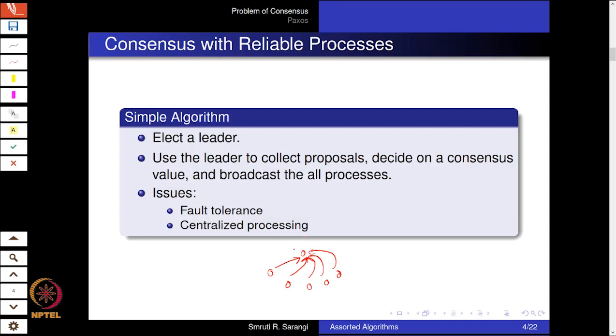Well, this sounds like a good idea. The only problem is that if the leader fails, then there is an issue. But then, of course, we can elect one more leader. Sadly, there is also an issue with that, and we'll see that on the next slide. Also, the philosophical issue with this algorithm is that in a certain sense, we are centralizing the distributed algorithm, which also violates the spirit of distributed computing. In distributed computing, the main idea is to increase throughput by allowing multiple processes running on multiple servers to do the job.